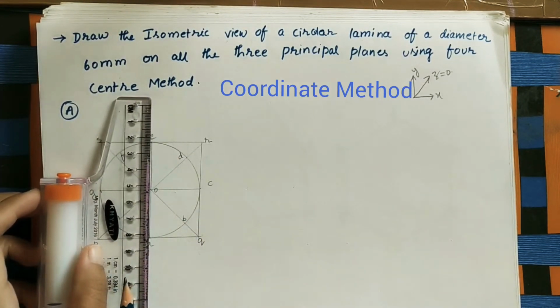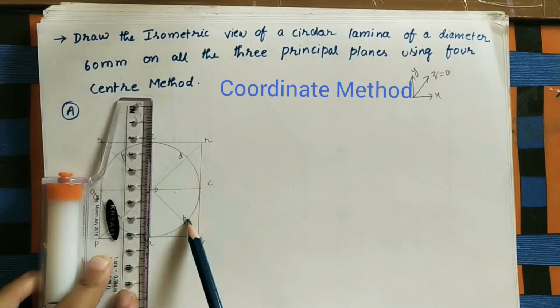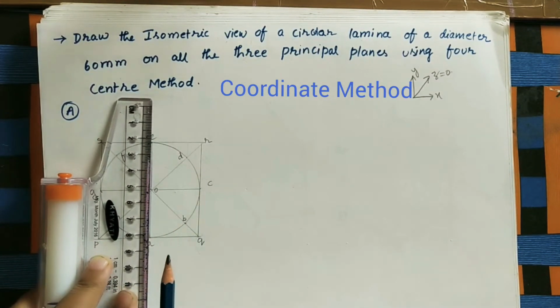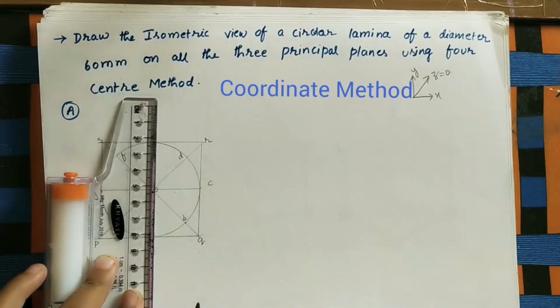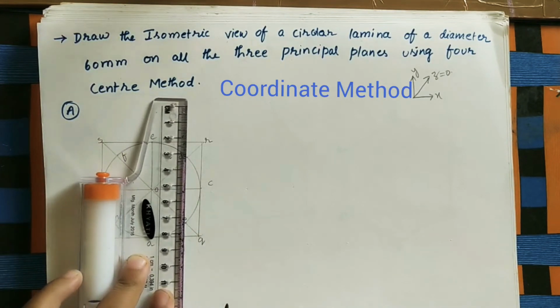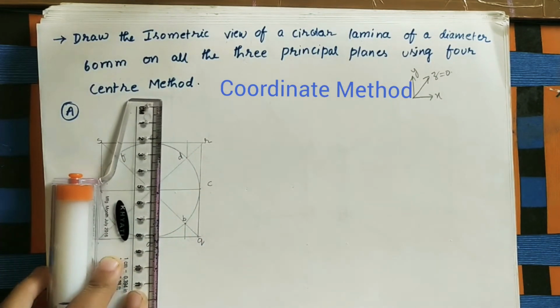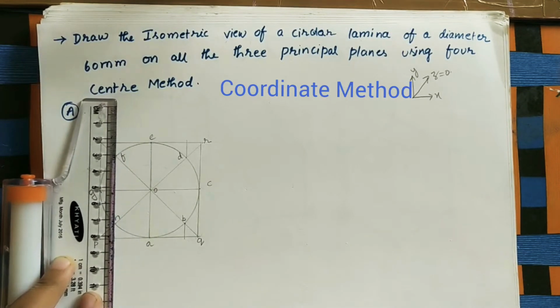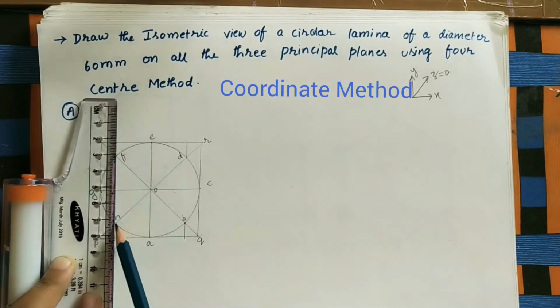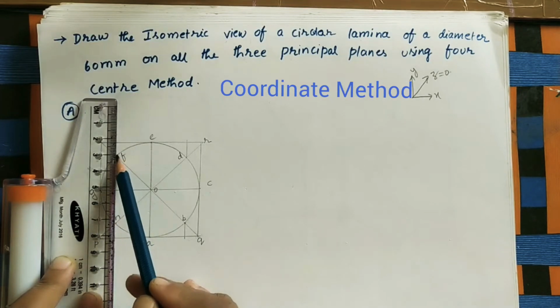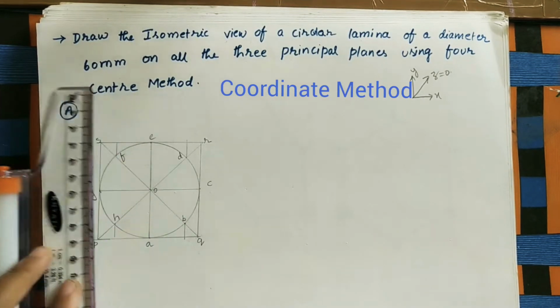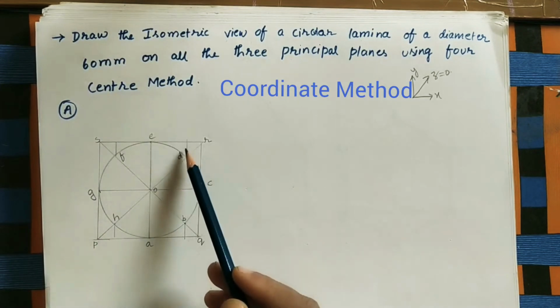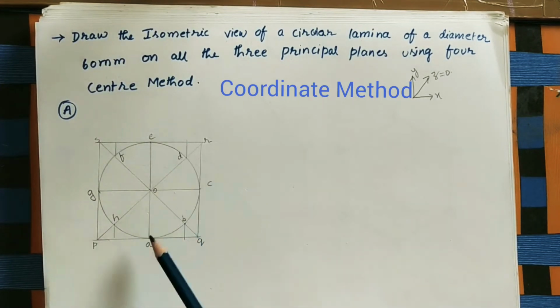Let us take initially B and D points. This is B point, this is D point. Take this as the reference line. Take initially B and D points, move the scale up to those points. Here do one line, here also do one line. Similarly tilt the scale up to here. This scale is passing through F and H also. Here also do one vertical line, here also do one vertical line. Why we are doing vertical lines? Because at each point we are making one more square, small squares. At all the corners we are doing the squares.